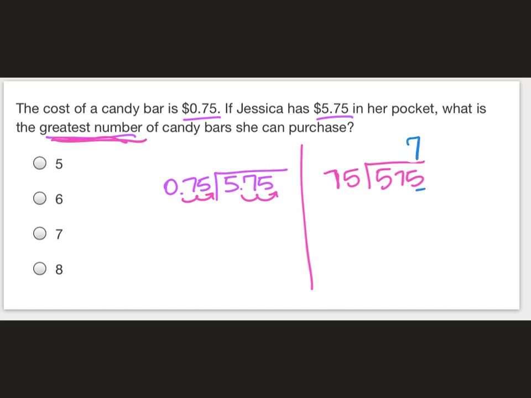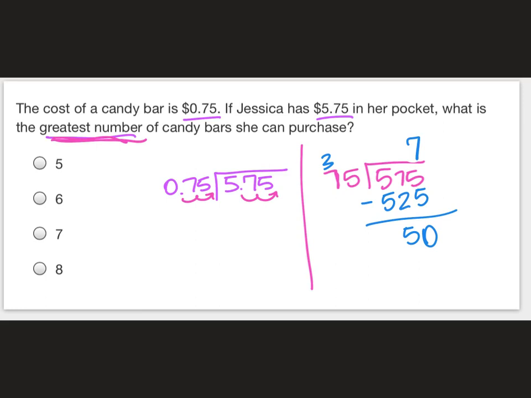7 times 5 is 35. 7 times 7 is 49, plus 3 is 52. All right, so that isn't giving me the exact number 575, but it is giving me something very close. So now when I subtract it, I won't have a bigger remainder than my divisor. So when I subtract this, I get 5 minus 5 is 0. 7 minus 2 is 5. All right, so now obviously 50 is less than 75. So that tells me